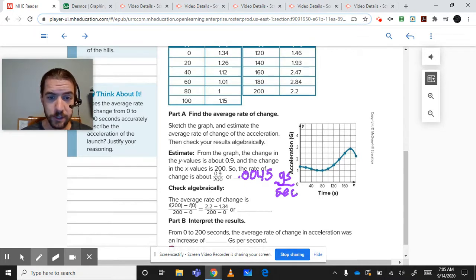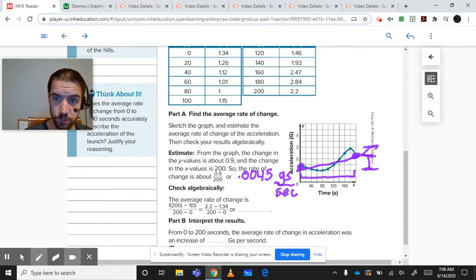Okay, finding it algebraically, they're describing that you take the function at the end minus the function at the beginning. That's 2.2 minus 1.34, the outputs of the function at the end and the beginning, which is this point and this point. So they want this one minus this one. We figure out how different these 2 points are, the distance between them, and we divide that by the values on the bottom, from 0 to 200. So in effect, we are doing rise over run. We are finding the slope of a line that passes through those points, which is our definition of the average rate of change. Okay, doing that algebraically,